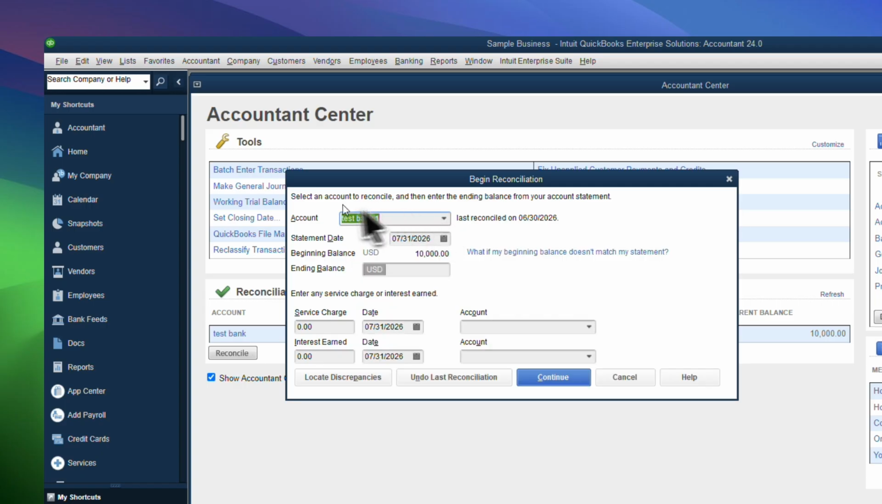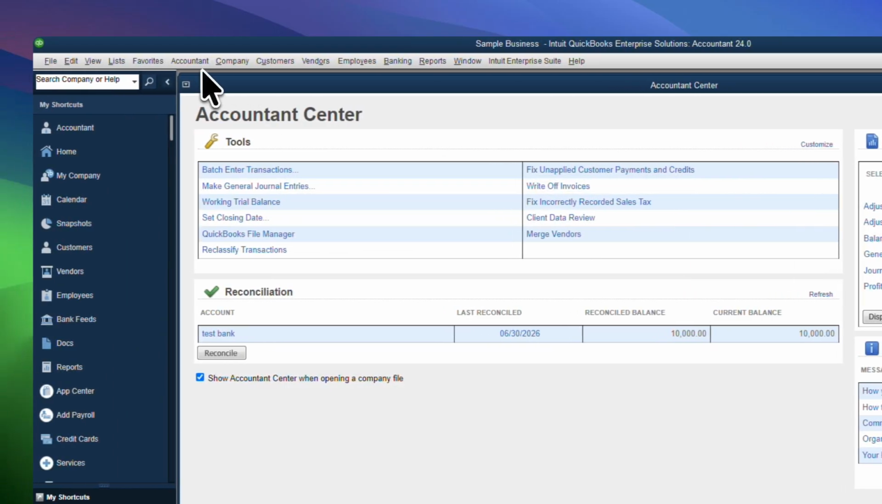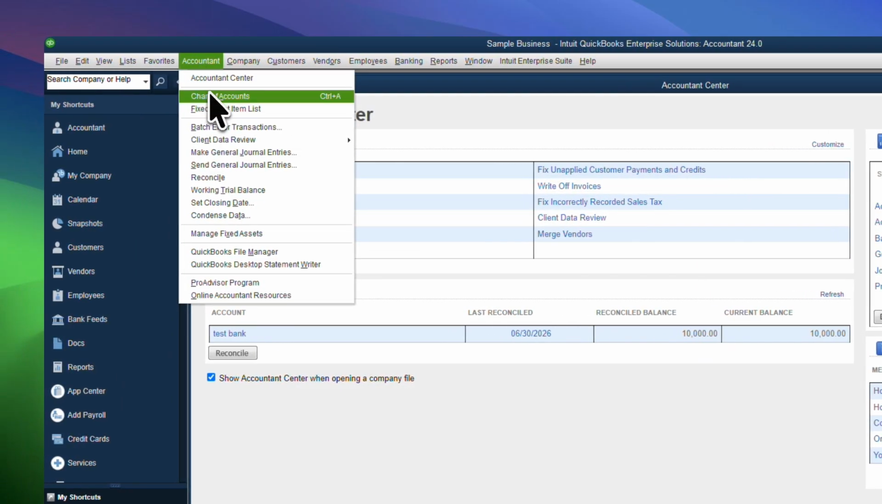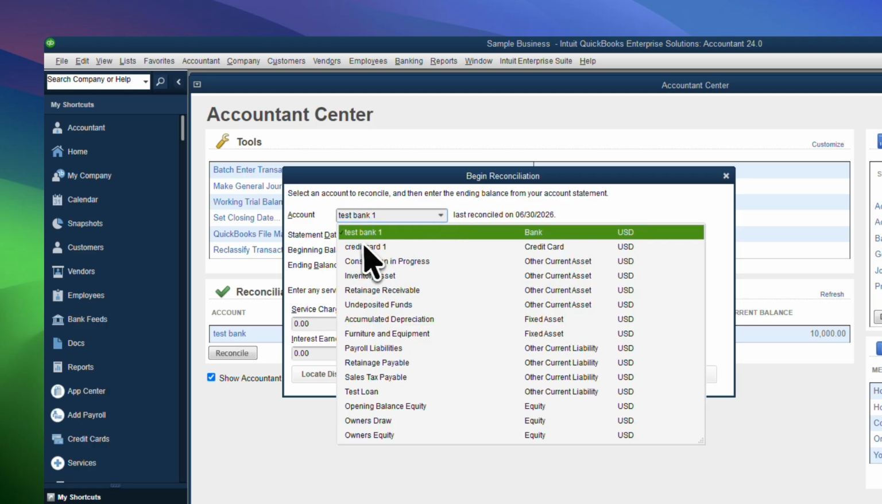Next, let's reconcile the credit card account. Go back to the banking menu and select Reconcile. From the drop-down menu, choose your credit card account. Enter the statement date, the ending balance, and any finance charges shown on your statement. These details should match the credit card statement exactly, since reconciliation is all about confirming that QuickBooks agrees with the